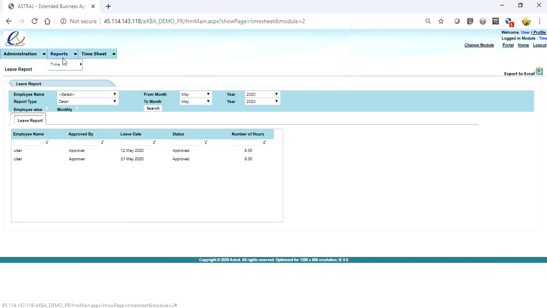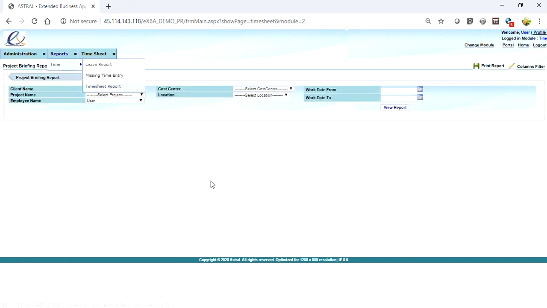Now we will go to the third report, which is the timesheet report. As a user, if I want to find out how much time I have entered for a particular project, then I can find out the same from this report.